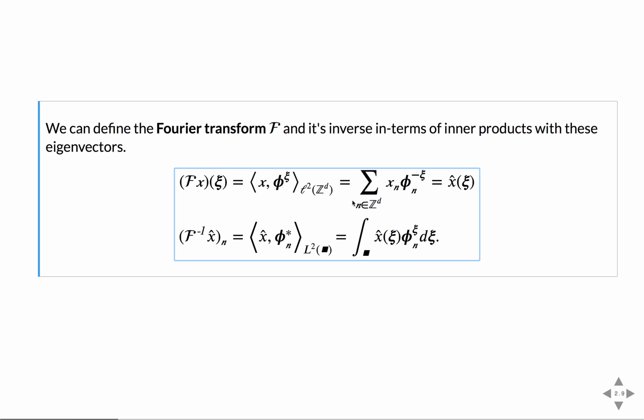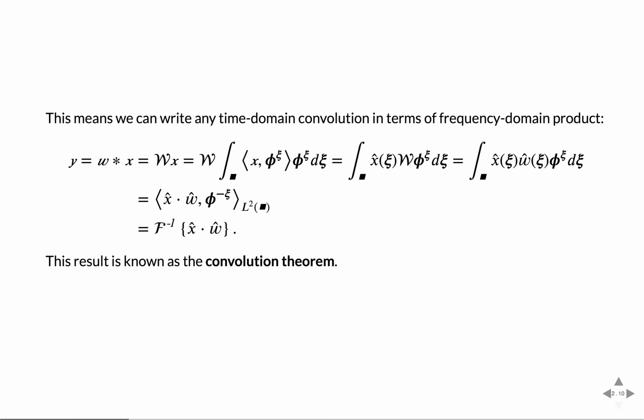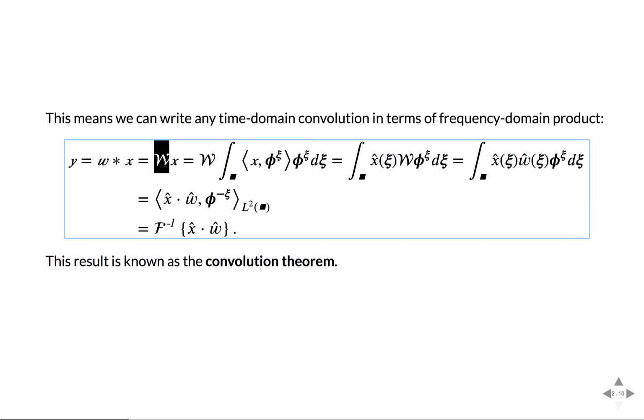So you have the Fourier transform and its inverse, and you can define it like that. Okay, and the crucial thing that we need for the next part is that, using the previous result, you can write any time domain convolution in terms of its frequency domain product. So just by using the definition that we saw, if you take a convolution and write it like that